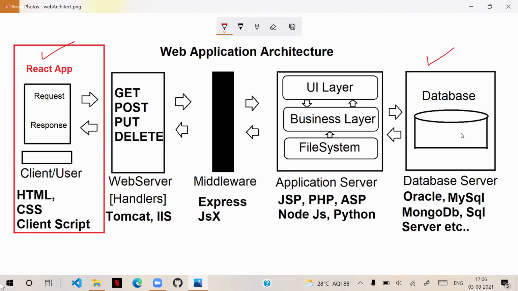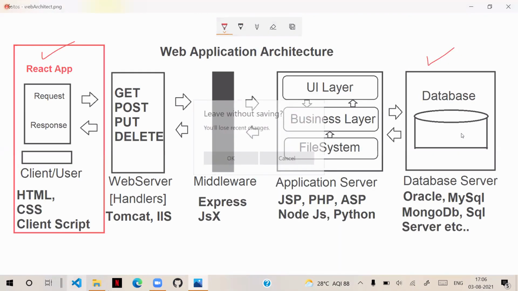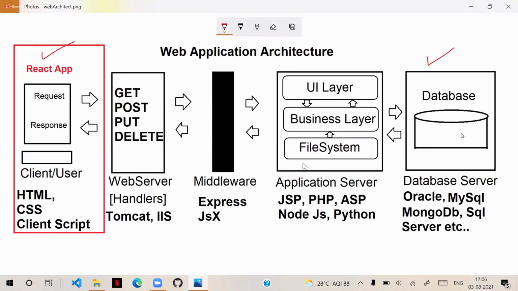That means we created the database, configured the database and everything, and we defined it like this. Now we cannot communicate directly with it. It's not possible.